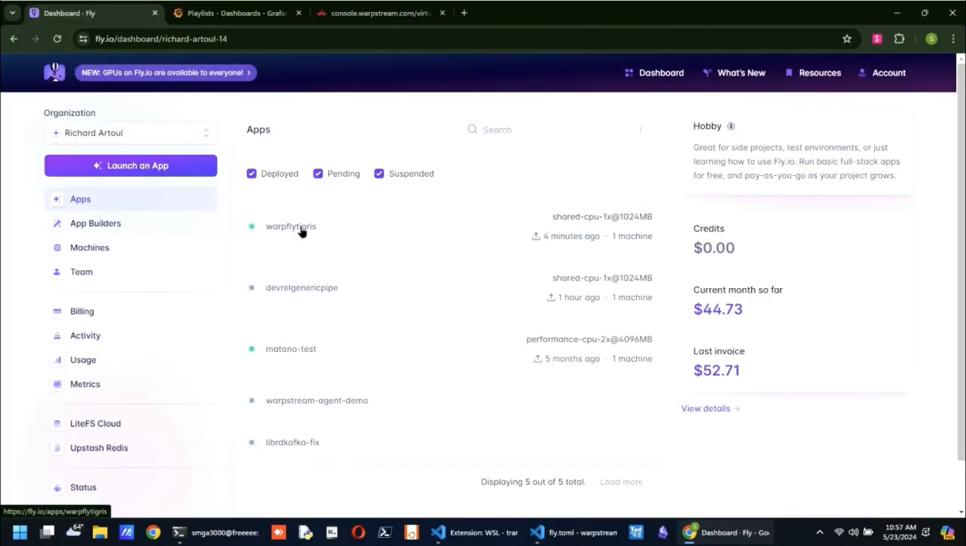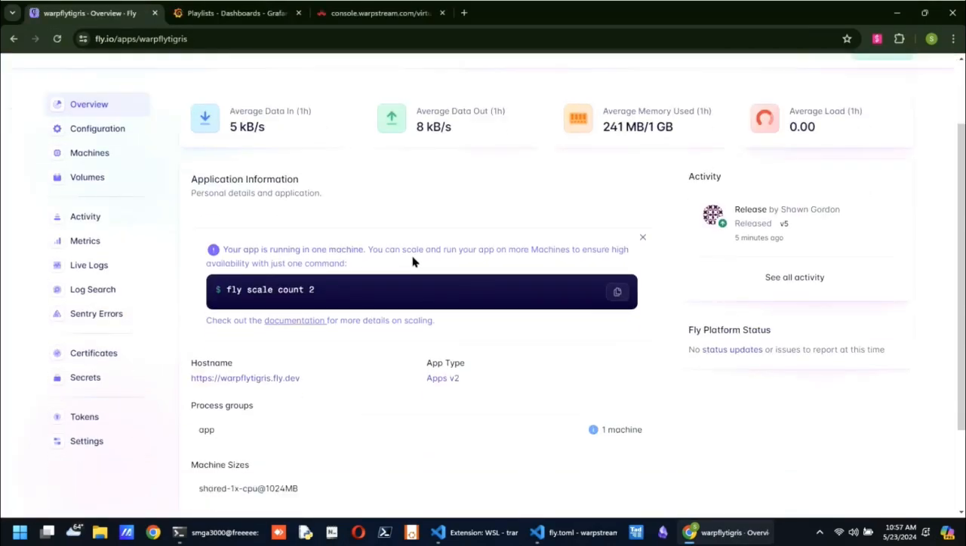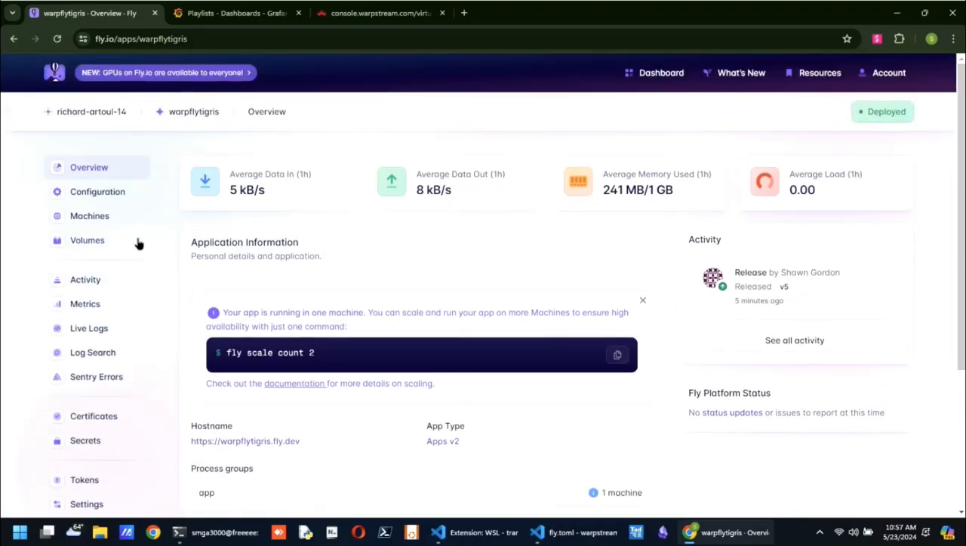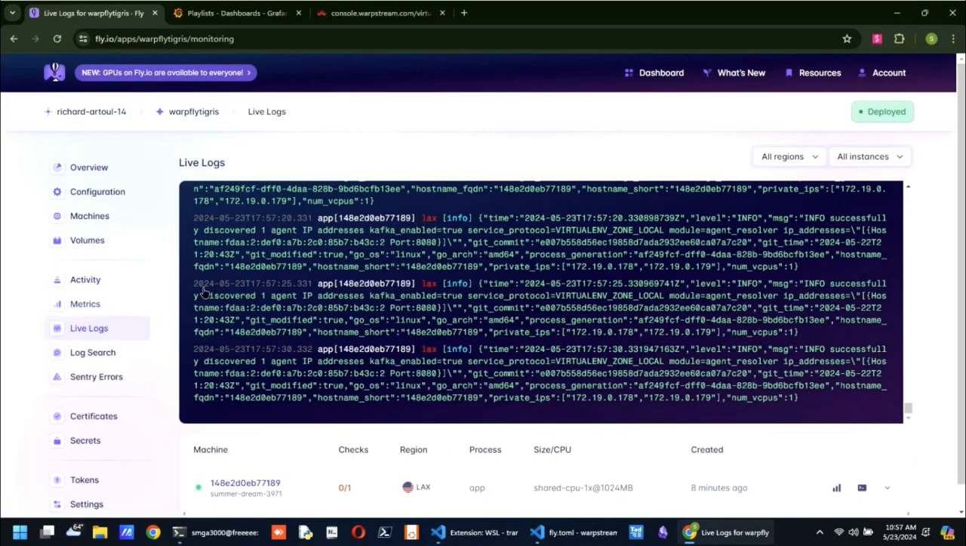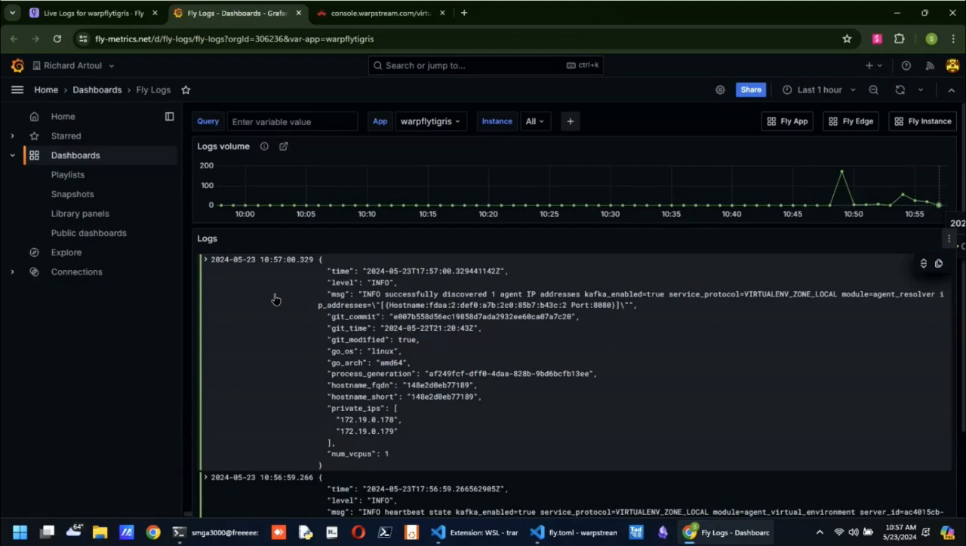Back in the Fly dashboard, we'll take a look at our new app that we just launched. We see our details in here. Take a look at our logs. Things are humming along. Let's look at our log search. This generates a nice Grafana dashboard. We see our write activity taking place. And there we go. Now I have a producer through WarpStream going to a Tigris S3 compatible bucket all through Fly,